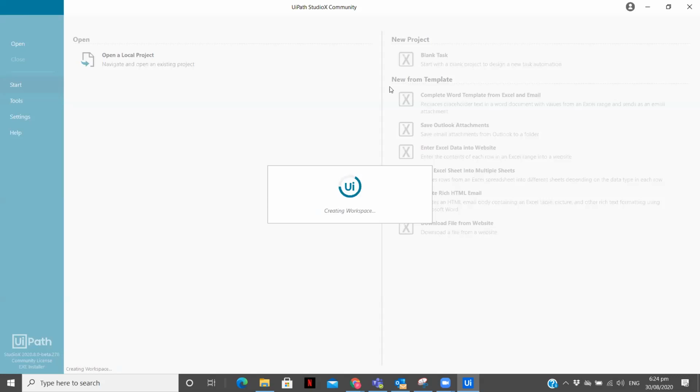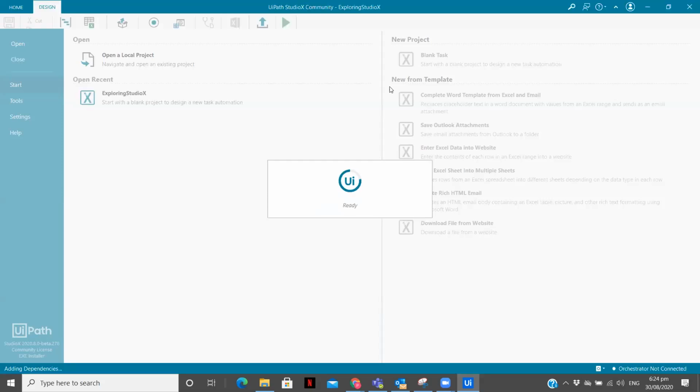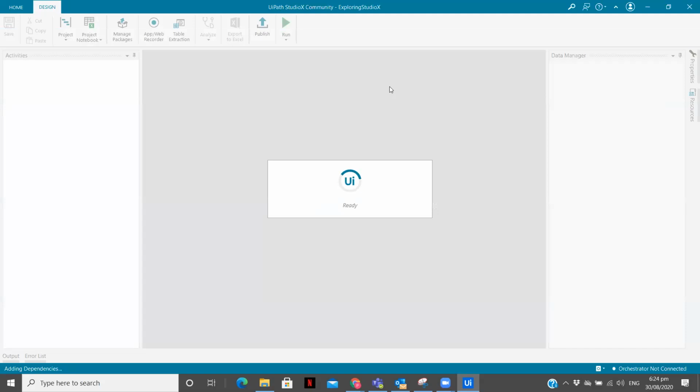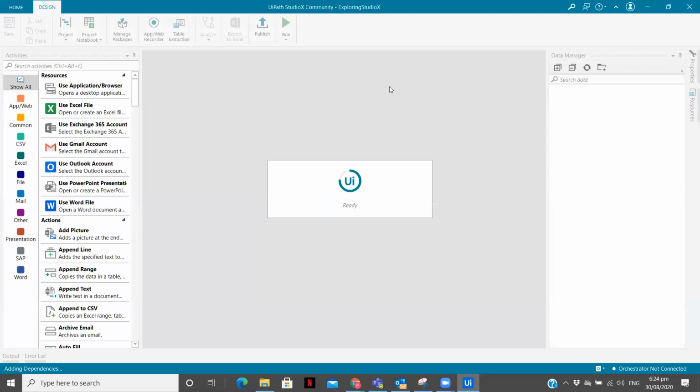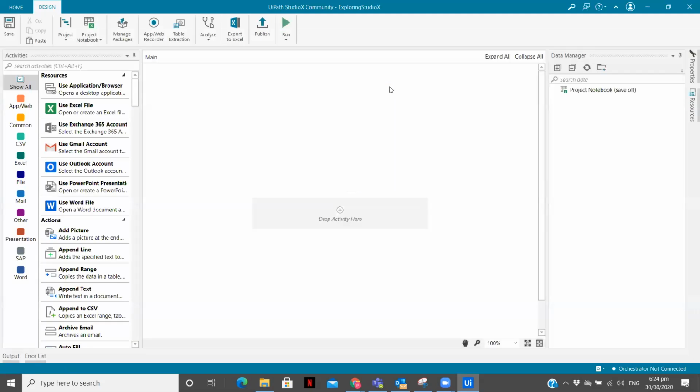Workspace is basically creating an environment to help you automate your task. So that is called workspace. Now if there is a business user who needs to send an email every day, or maybe download attachments from his email, he can use this Studio X platform for himself, even though he is not from the IT field, to automate his daily task.